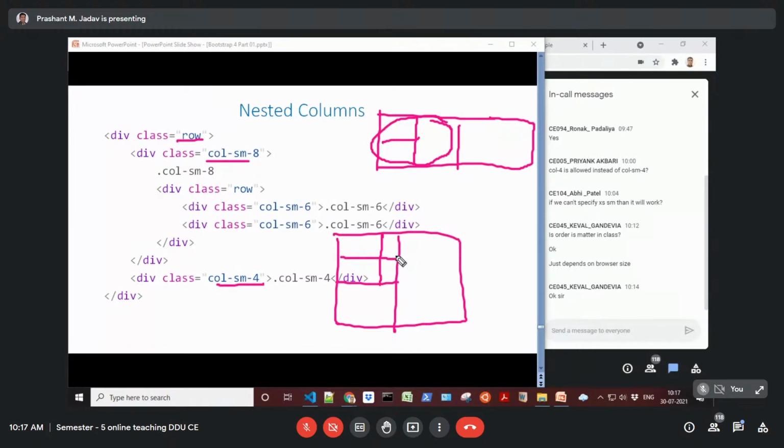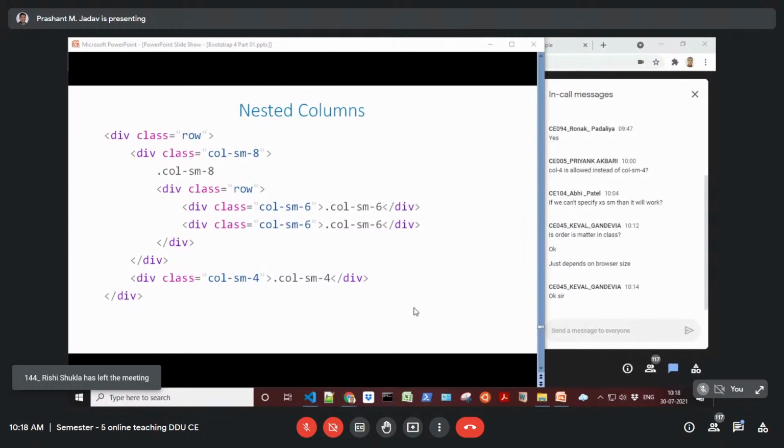You can set this thing up or something like this. You just need to decide how you want to lay out your screen. But normally we don't require that much complex layout, but this is possible. This is just to show how you can set up the grid layout in Bootstrap. So see that it is divided into equal columns, small.